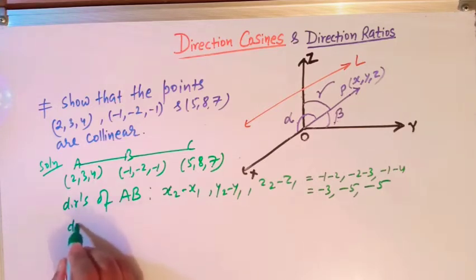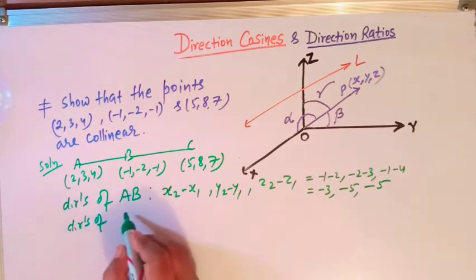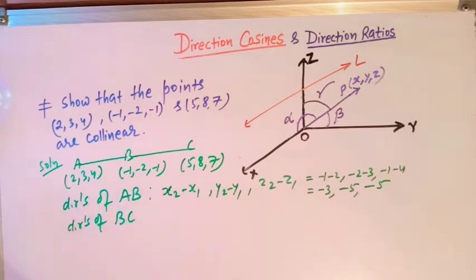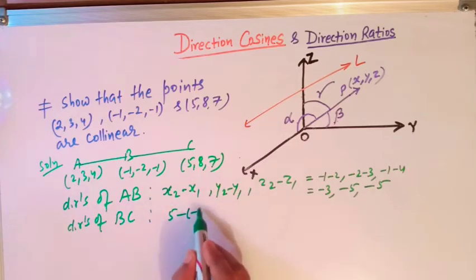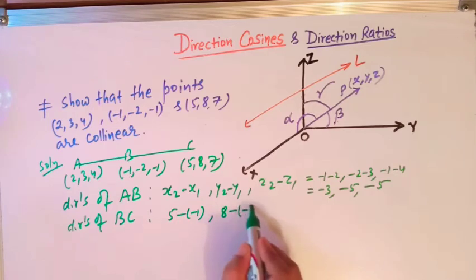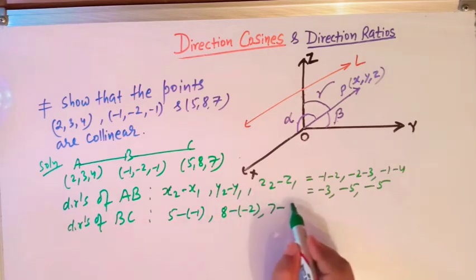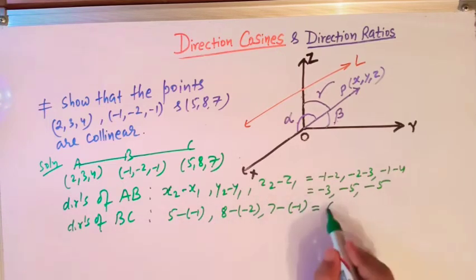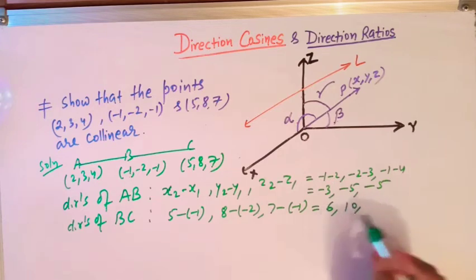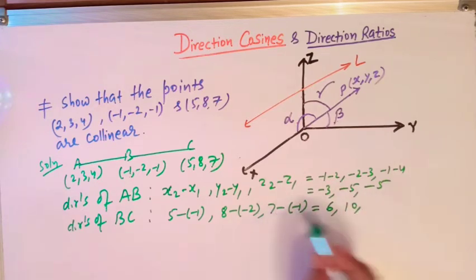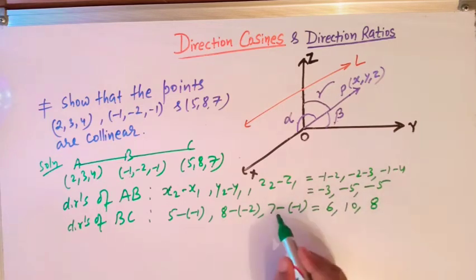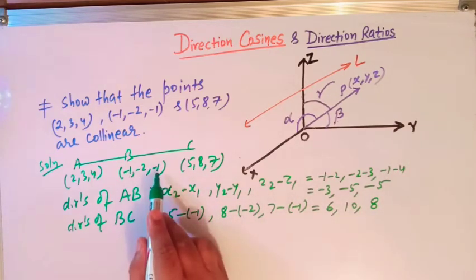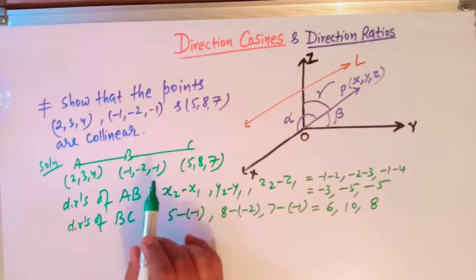Okay, now we find the DRs of BC, right? So again we will use this formula. Now we have 5 minus minus 1, then we have 8 minus minus 2, then we have 7 minus minus 1. So we have here 6, and then we have 10, then we have 8, right? This is 7 minus